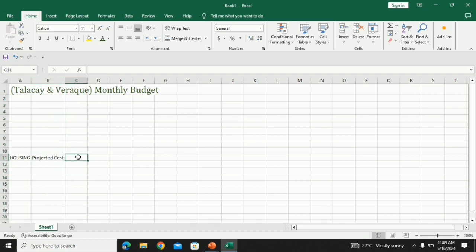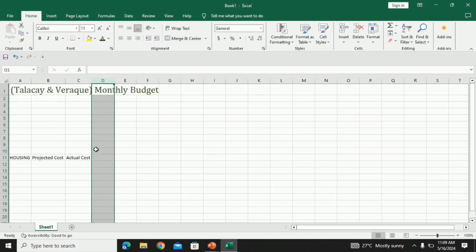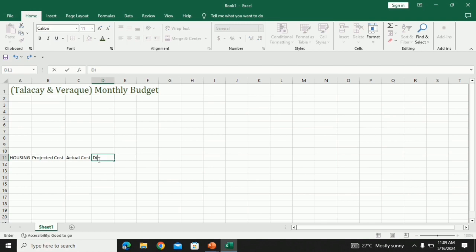Double click. Next, actual cost, double click again for the text to fit, and then next, difference.